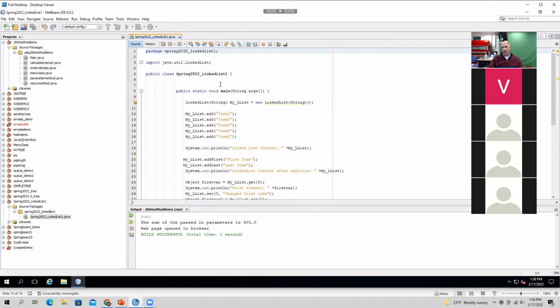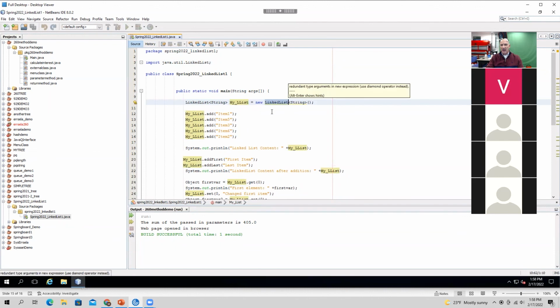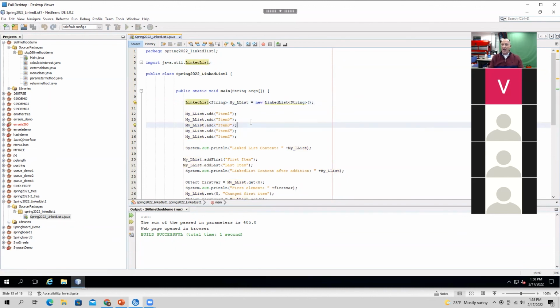Linked list is one data structure I'll give you as an example. In Java, just like the URI import we did before, in this case we're going to import the java.util linked list package or class. Once we import that in, we're able to create these lists in memory, and we call them objects. Each object has a name. In this case, it's myList. We instantiate it as a new linked list. When we work with data structures, we have constructors where we create them. This is a constructor. We have transformers where we transform them, we add and remove. And we have observers where we can look at the data without changing it.